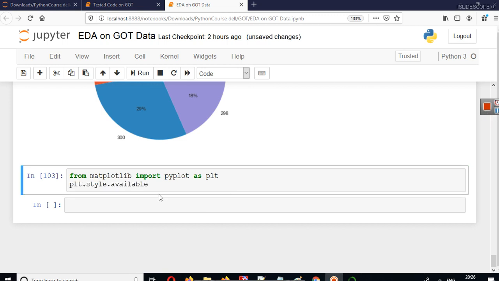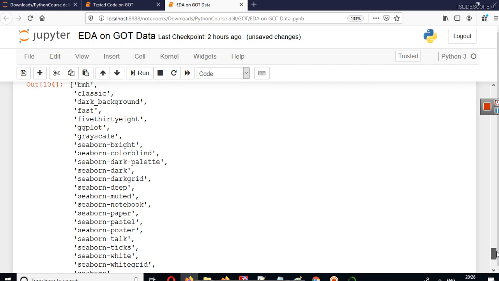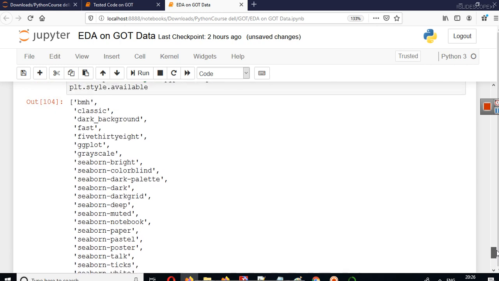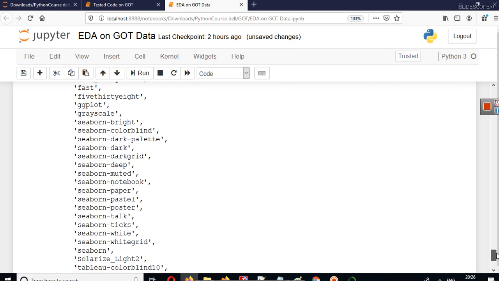Now pyplot has been imported as plt, so we can use plt to access various methods and data inside the library. Now plt.style.available. When you run this, we have these styles. You can see bmh, classic, dark_background, fast, fivethirtyeight, ggplot, and things like that.